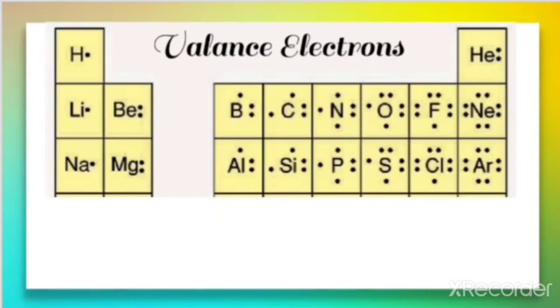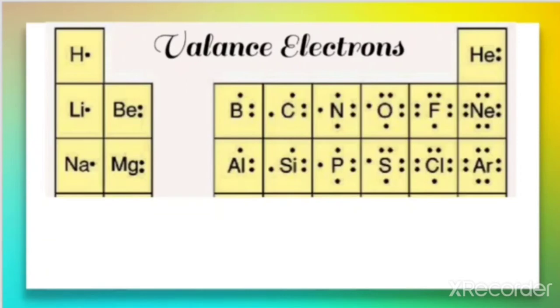First hydrogen, then helium. You have to learn the sequence in the same order: hydrogen, helium, then lithium, beryllium, boron, carbon, nitrogen, oxygen, fluorine, neon. After neon, sodium comes here. Sodium, magnesium, aluminium, silicon, phosphorus, sulfur, chlorine, argon. So all of you learn till argon. From hydrogen to argon, all of you need to learn the sequence.